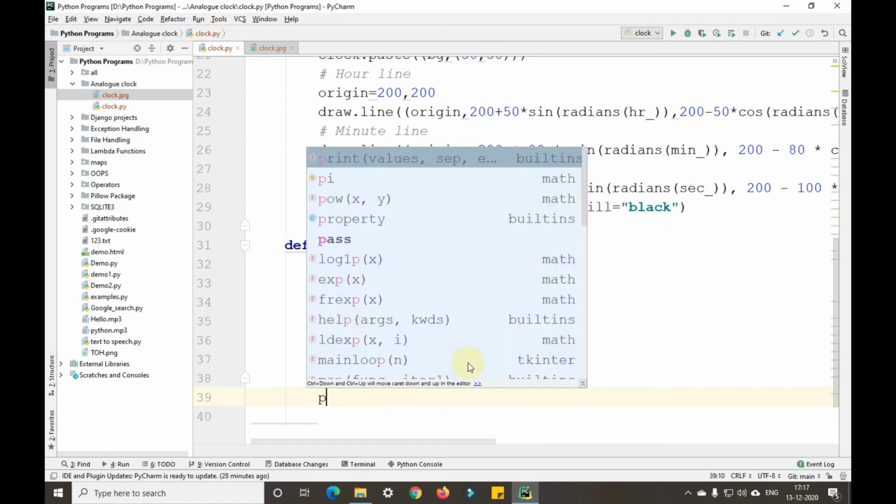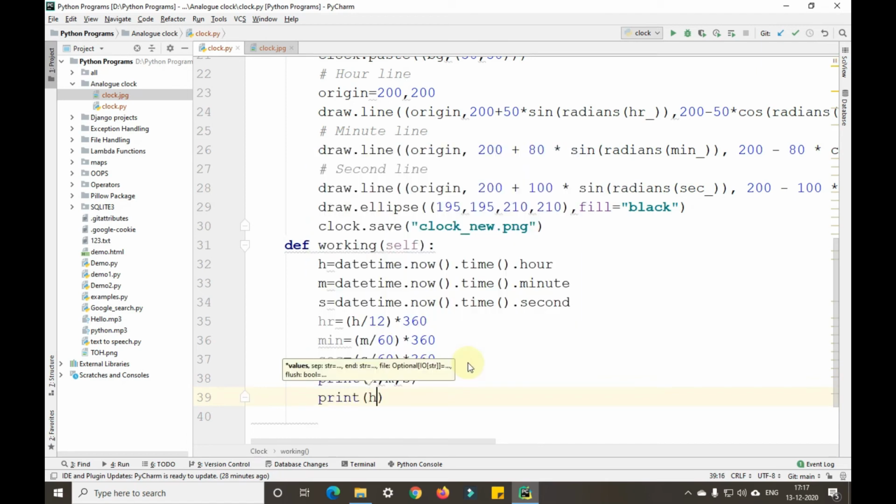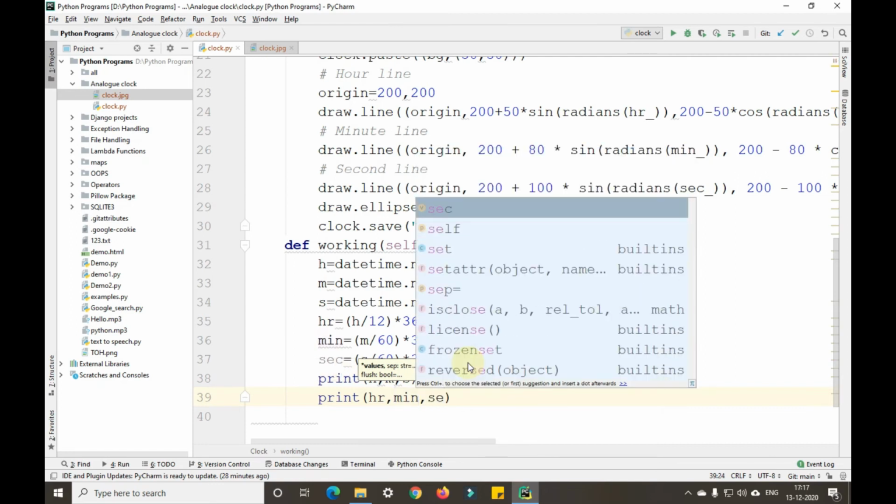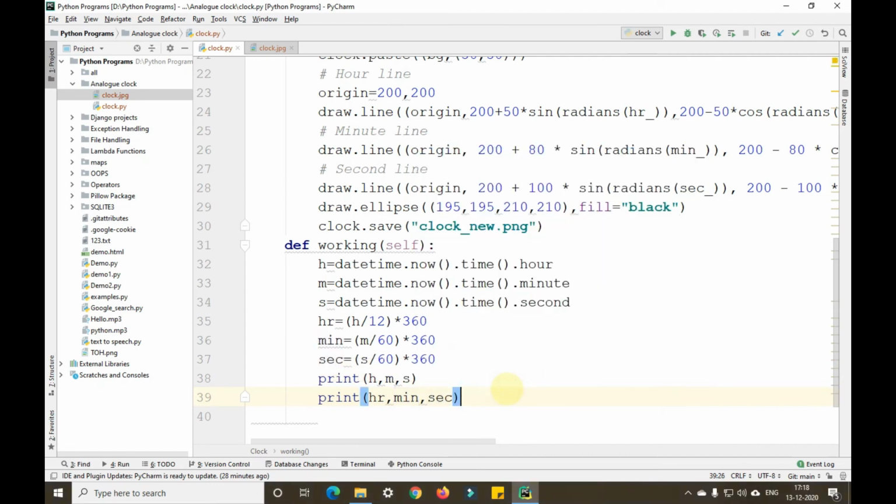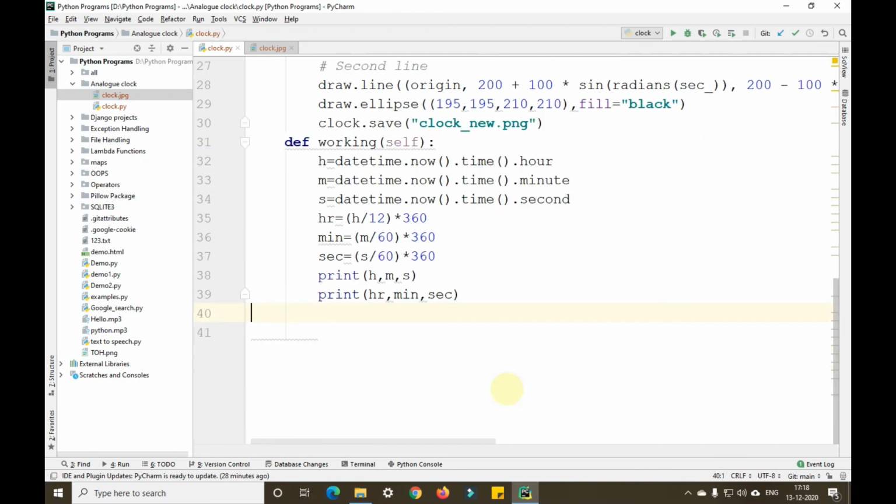Okay. In the same way we'll print hr comma minute comma second. So now let me just call these functions and show you before I go ahead.